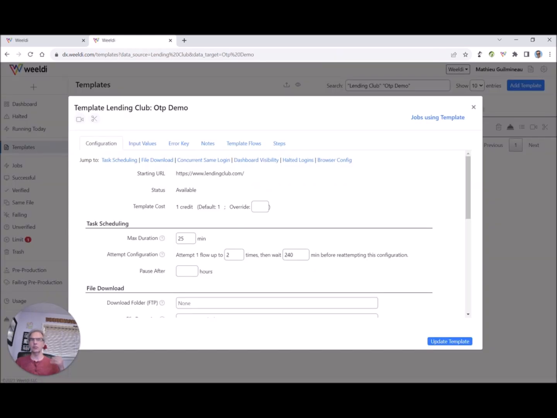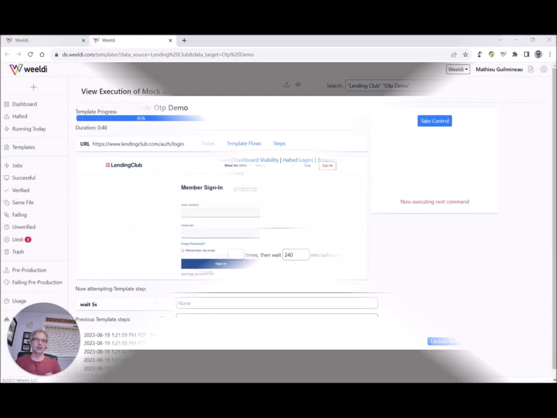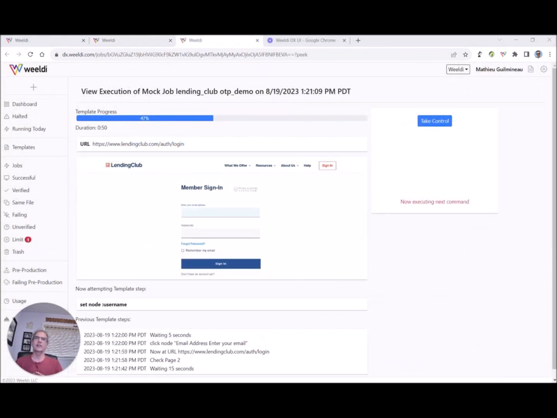And now I have a mock job which will run, replay, and we wait for the correct OTP code, which will be a different one. Alright, this is the tail end of this demo. The job which we just created early on is now running, and I'm doing a live preview of it. It's running in the cloud. You can see that username and password are being entered automatically based on my interaction with the Weeldi recorder. Once I click on sign in,